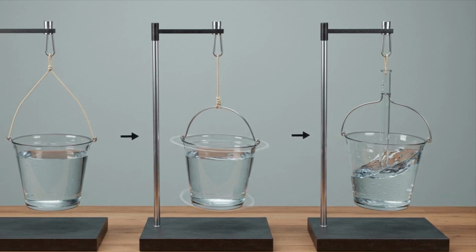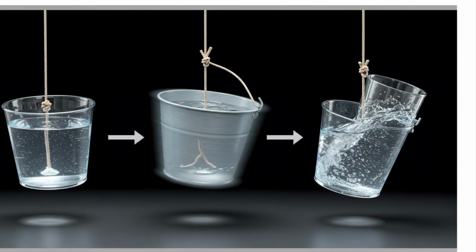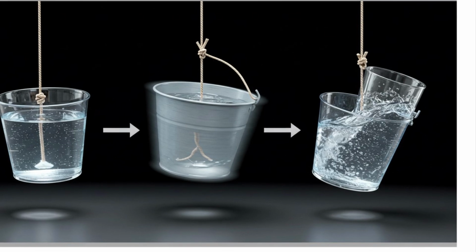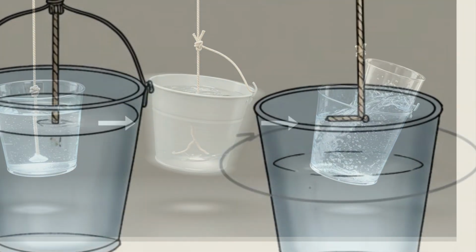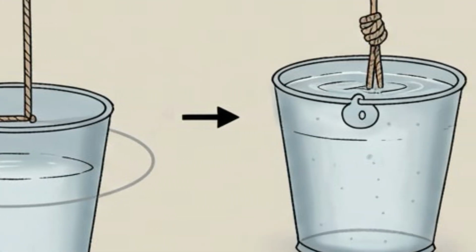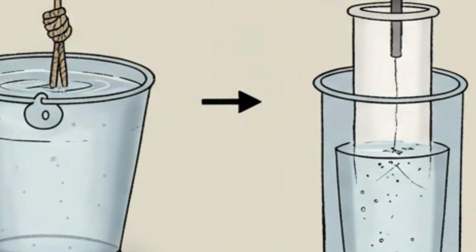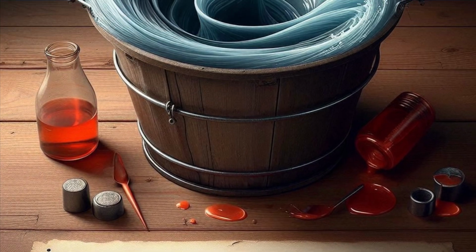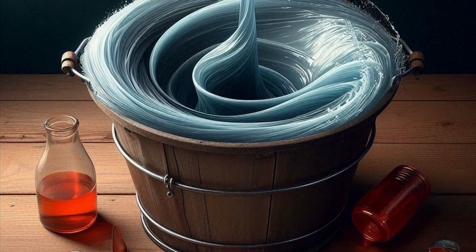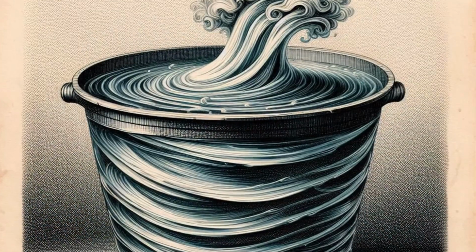As the water begins to spin, a remarkable transformation takes place. Its once flat surface yields to a concave form, the water climbing the bucket's sides and dipping towards the center. This curvature, Newton argued, is a direct consequence of the centrifugal force acting on the water particles, a force that arises solely due to their rotation.